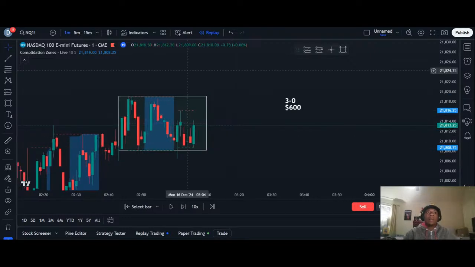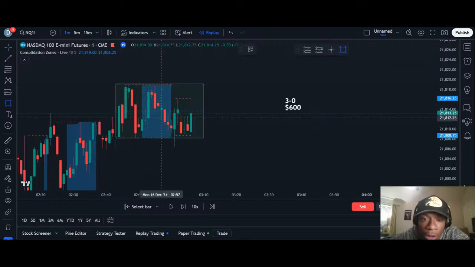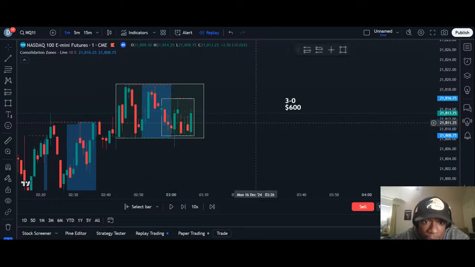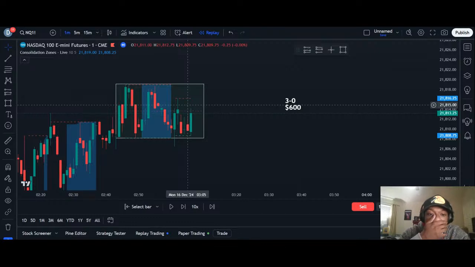Quick little tip I'll help y'all out with. If you're ever trading this strategy, if you ever have your zone set, and while you're waiting for it to break out of that zone, another zone forms inside of your original zone. What I need you to do is ignore it. Don't even acknowledge this zone. Yes, it's there. Yes, it's valid, but you got to think: